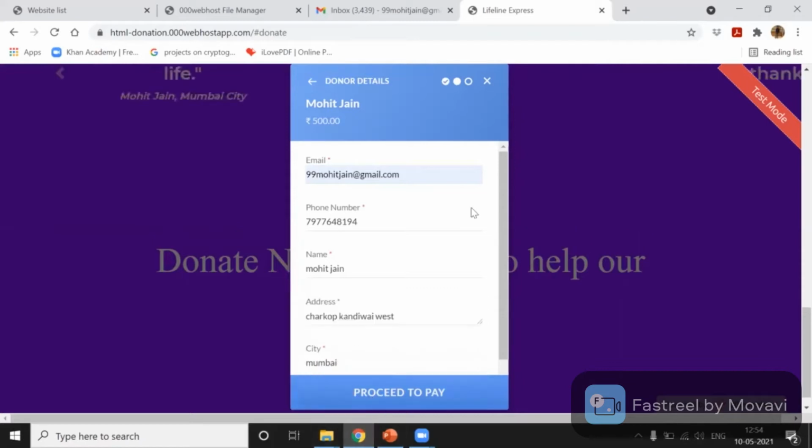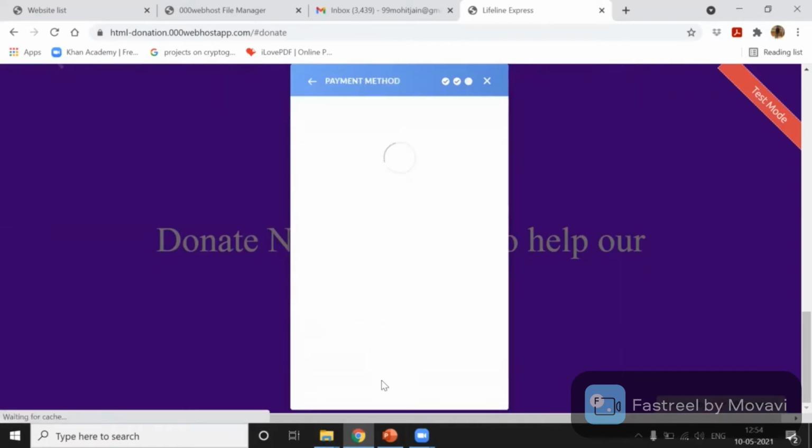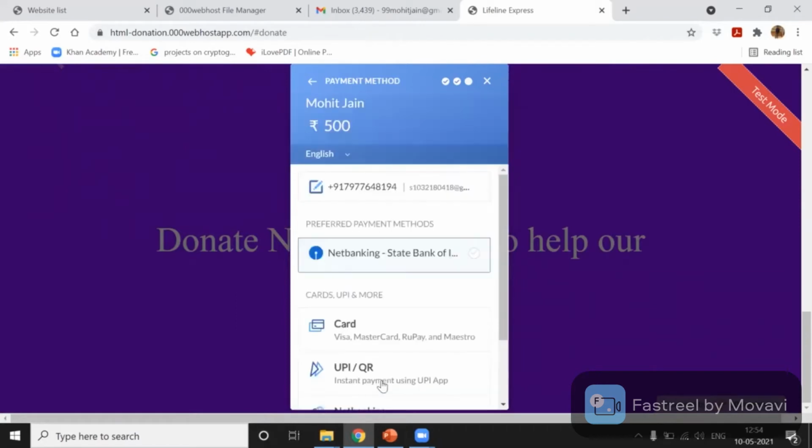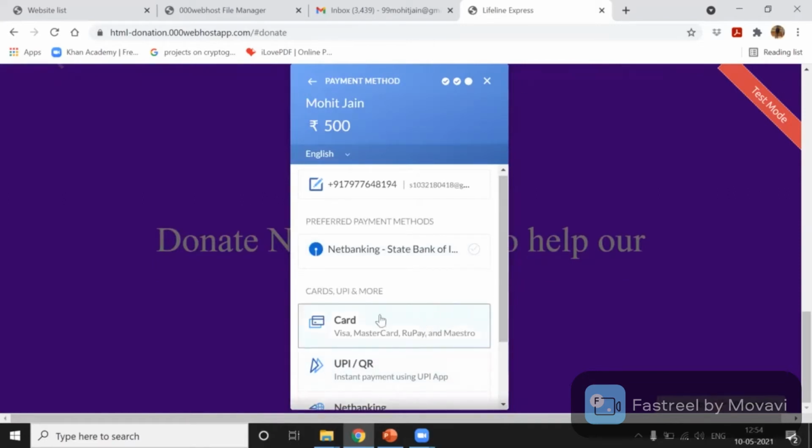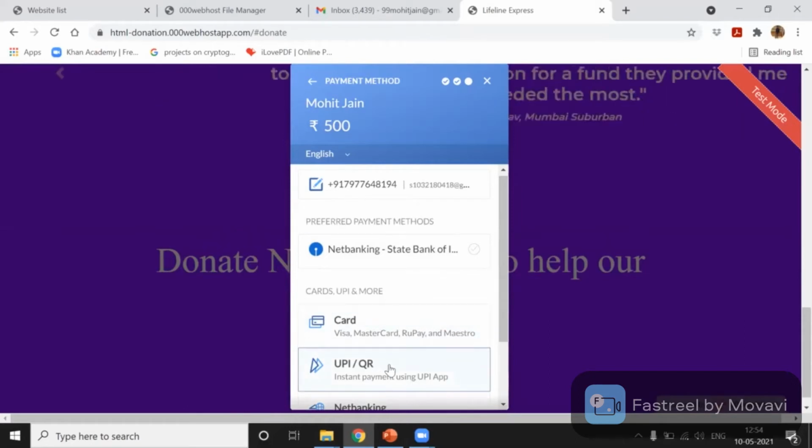Once this is filled, the user will click on the proceed to pay button, and here the user will be asked to select the payment type. So let's see the UPI or the QR code of payment.